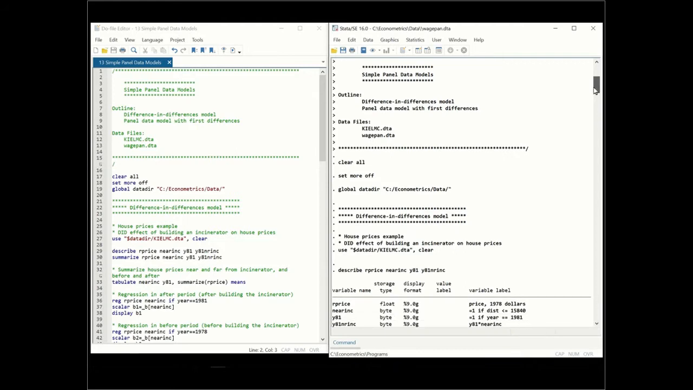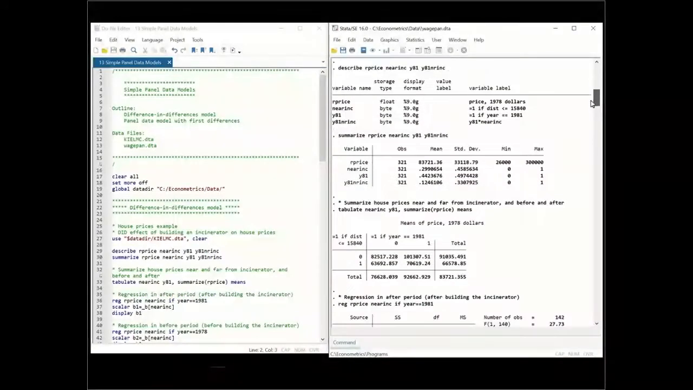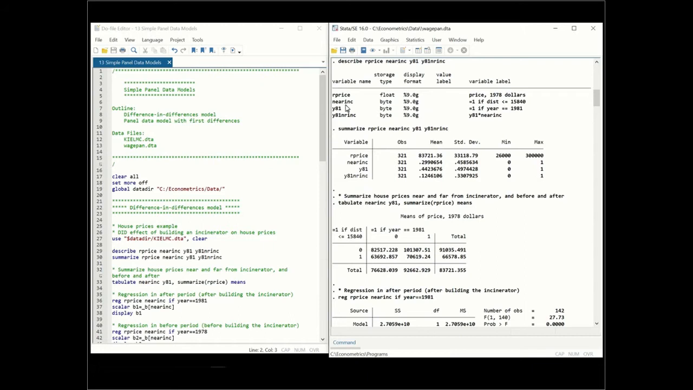So in the data set, our price would be the house prices, and these are in 1978 dollars. And then we have a dummy or indicator variable for near the incinerator. So this would be equal to 1 if the distance is less than this amount. And then we also have year 81, and this would be a dummy variable that would be equal to 1 if the year is the second year in the sample,